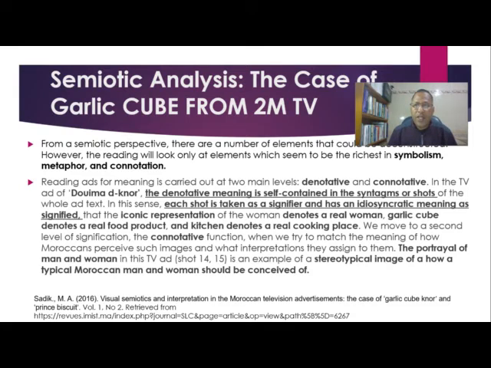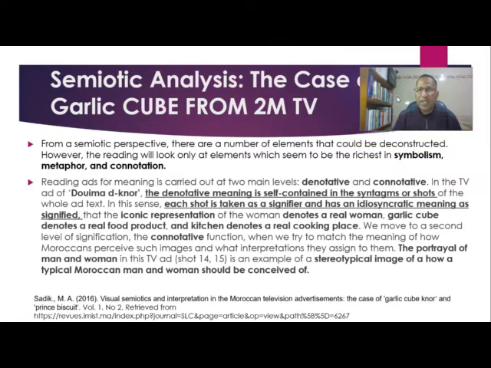If you'd like to analyze this, I would say that from a semiotic perspective, there are a number of elements that could be deconstructed. We speak about meaning existing in this advertisement, and now we are going to deconstruct those pictures to make sense of the ad. I tried to focus on those elements because they are the richest in symbolism,